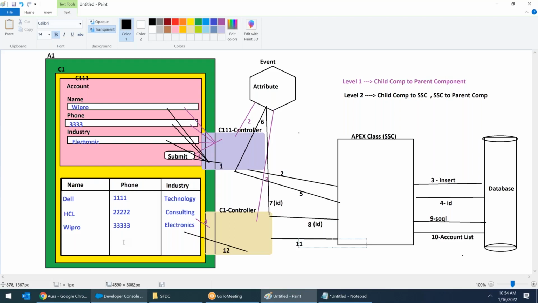Getting it? Whichever account you're creating, system should display only that account. You're creating Wipro, it should display Wipro. That means you have to get the Wipro ID. That ID after creating, you have to pass to the child controller. Child controller has to pass the ID to the parent controller. Parent controller will receive the ID. That ID parent controller will pass,